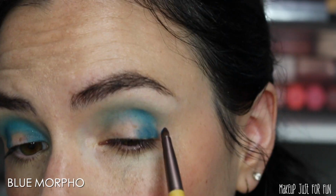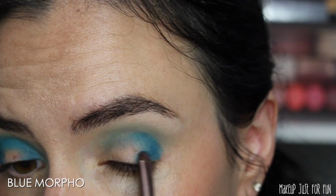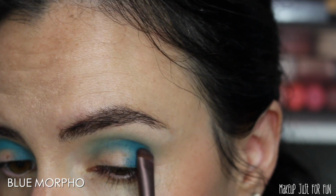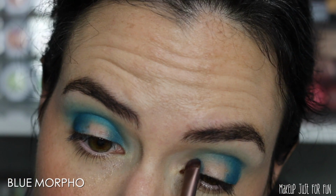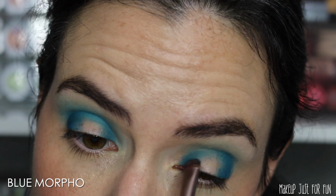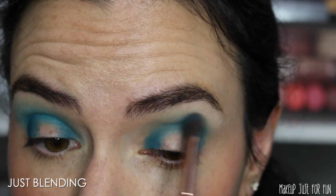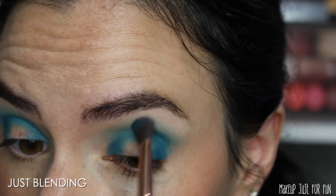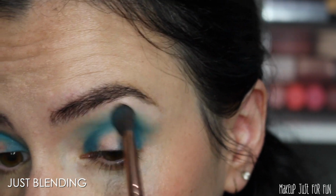These are smooth, blendable, easy to work with. They wear really nicely. They remain true to color on the lids. They don't need a bunch of primers underneath to make the color stand out or to make the color stick to the lid. All in all, the performance has been absolutely phenomenal for me, particularly the matte shades, and this